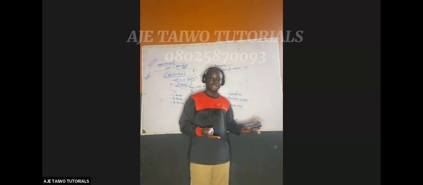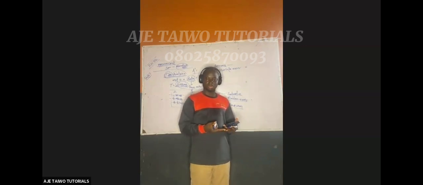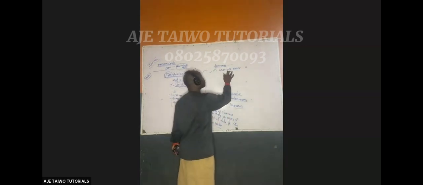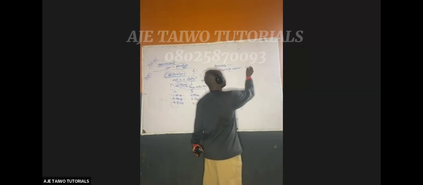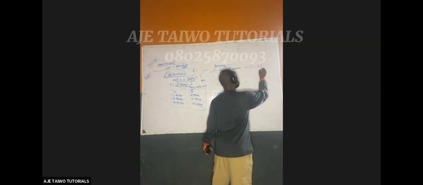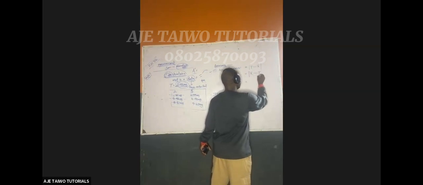If you ask a carpenter to go and measure the temperature of a human being, you have committed an error, because the carpenter does not have knowledge of the thermometer to measure temperature. What I'm saying is that error means discrepancy in measurement. So, what is absolute error? Absolute error means true value minus measured value, or measured value minus true value.